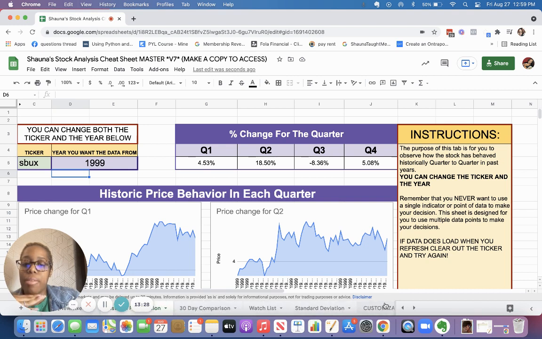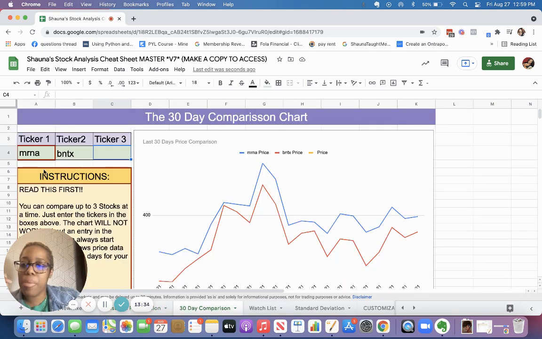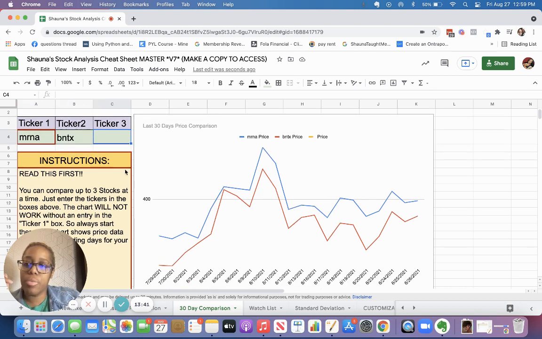The tabs that I have here are all just a little extra cherry on top. We have the 30-day comparison tab, where you could punch in 3 different tickers and see how the stocks are moving in relation to each other. So for example, we have Moderna, and then I forget what this one is, but you can see when you punch them in, these 2 stocks have been trading almost identical,